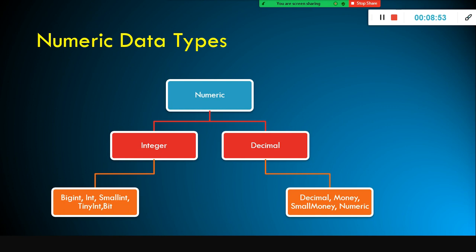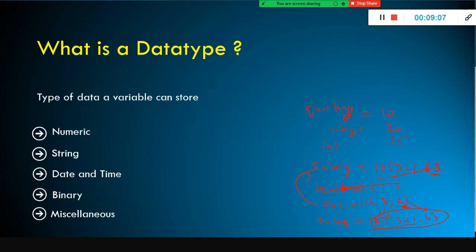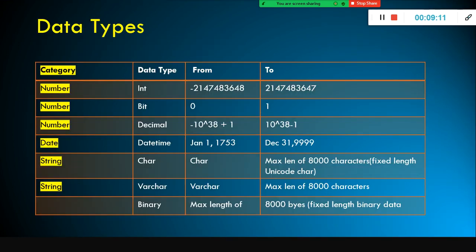They created different types of data types with the intention of storing the data in a more optimal way. It is quite overwhelming for beginners to learn all the data types.